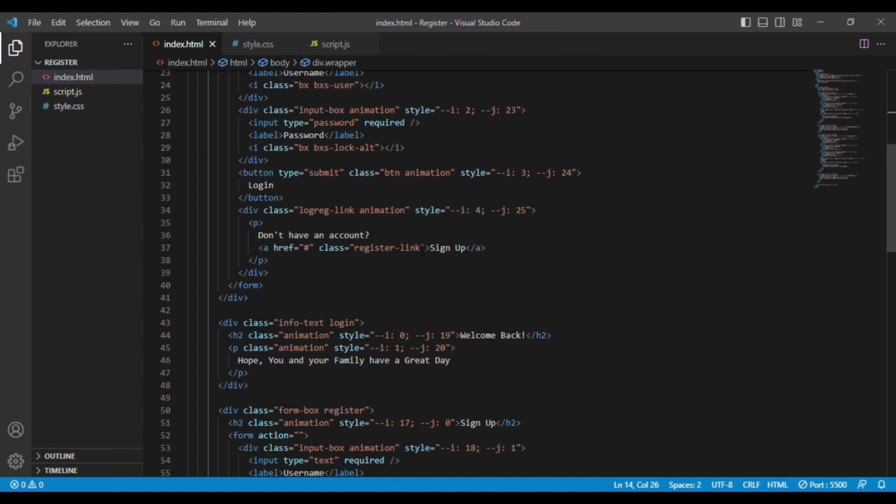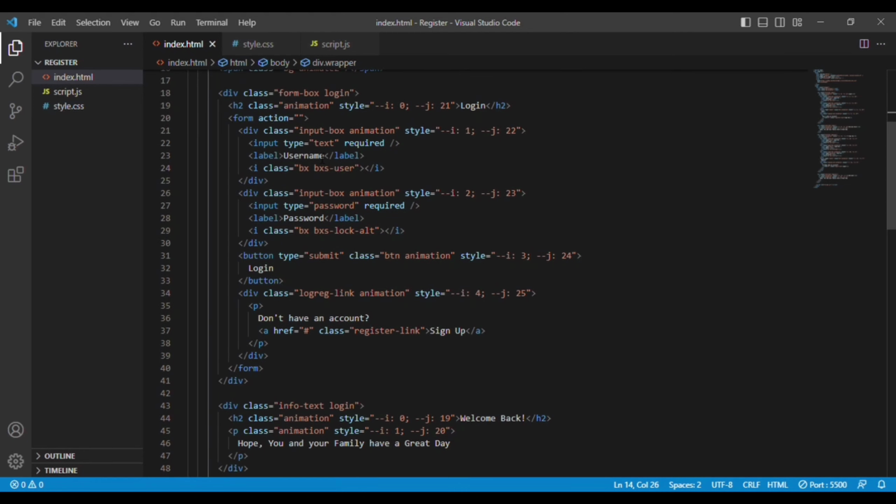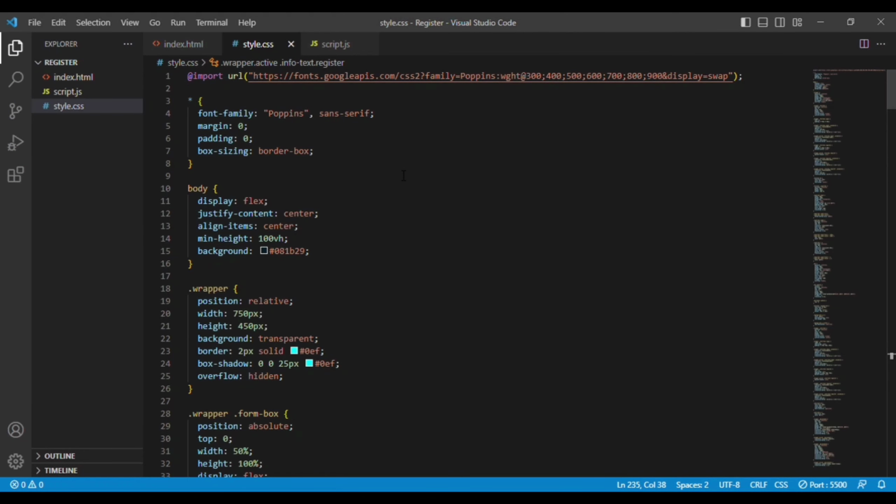So if you don't have an account, when you click on the sign up button, you will be taken to the sign up form. You can register over there. So this is the first section, that is the form box for login. Let me take you through the CSS so that you can understand each element, how we are aligning them